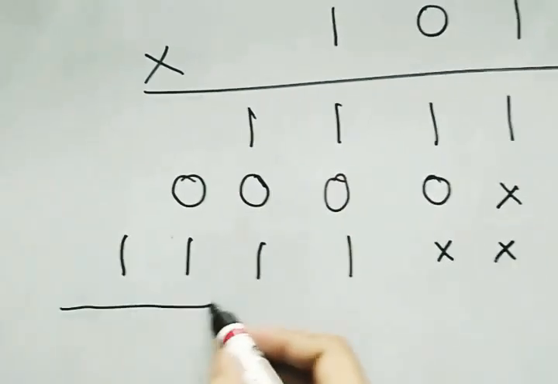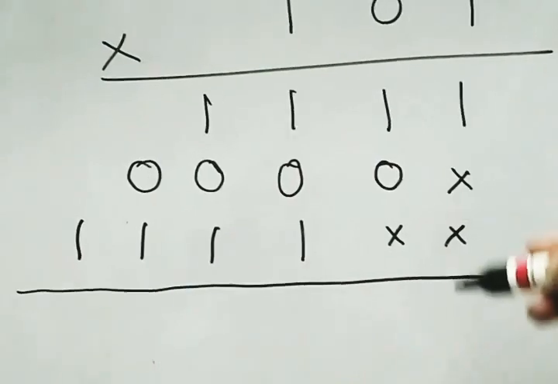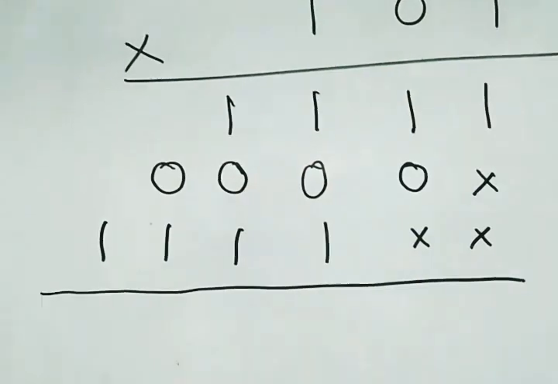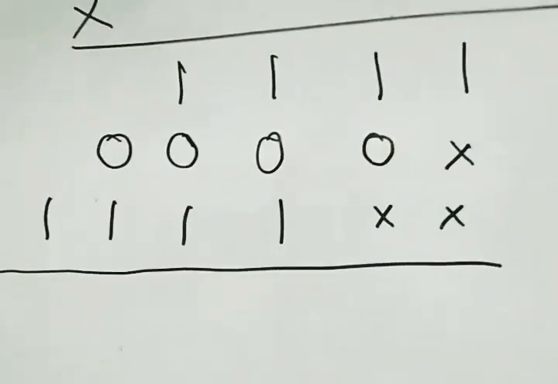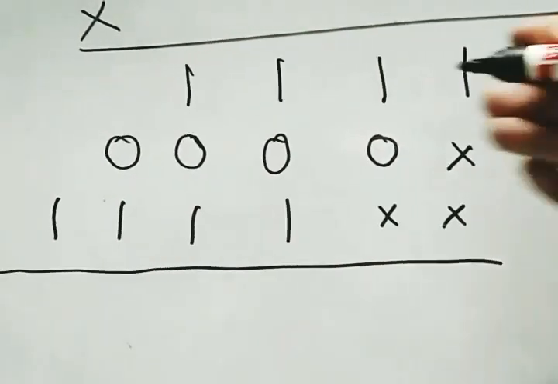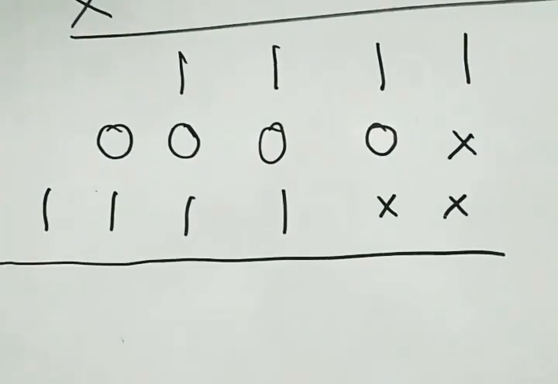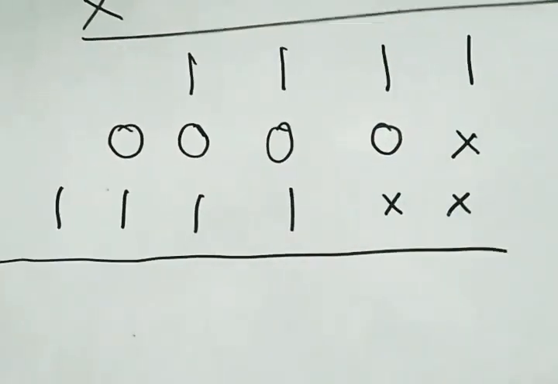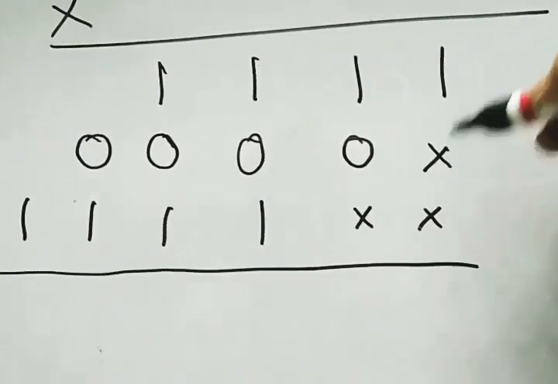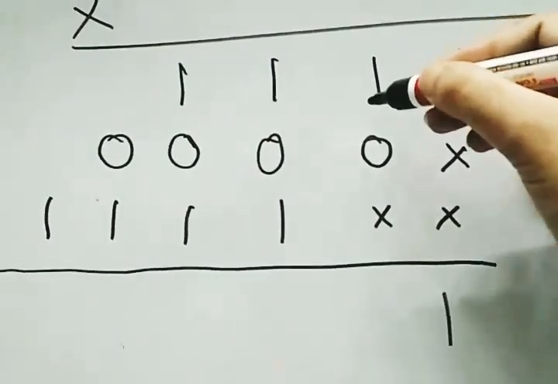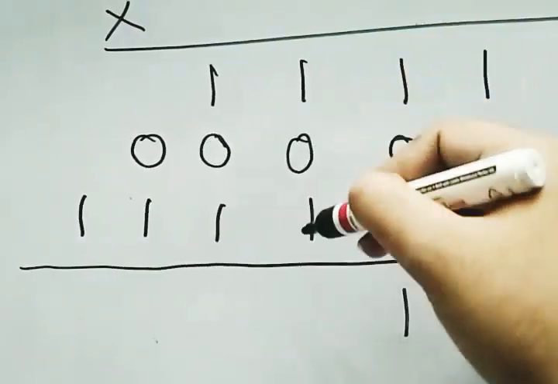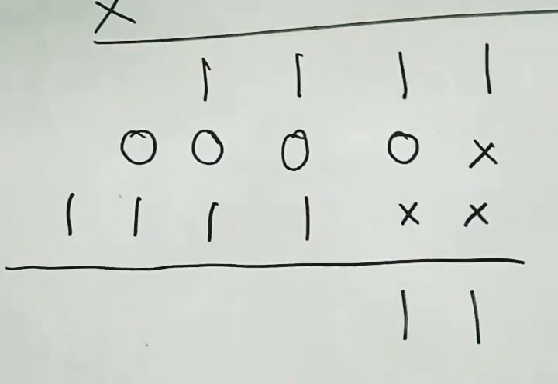Now we'll put a big dash sign and we'll perform addition of these three horizontal rows. We'll do addition digit wise. We'll start from the right side and move to the left side. Now we'll do binary addition of these three digits. This cross means nothing, 0, so 1 will sit here. 1 plus 0 plus 0, 1. Here there are two ones, 1 plus 0 plus 1. That means we have to add two ones.